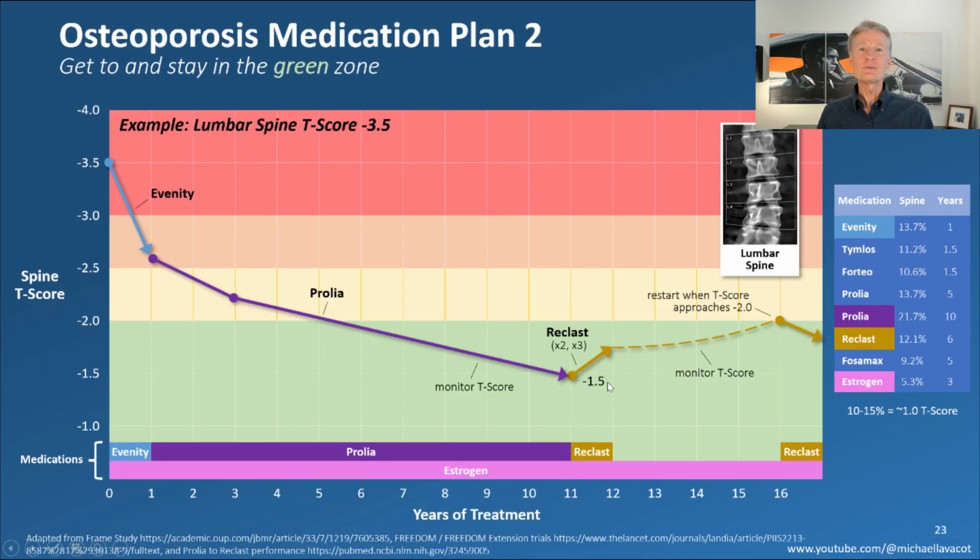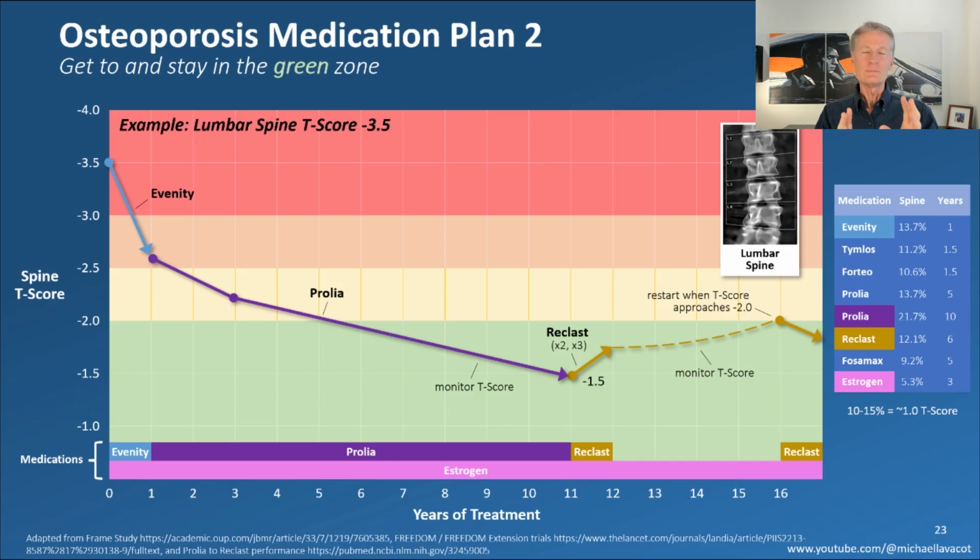you can now transition. Now, if you're 80 years old at this point, maybe just stay on Prolia. But if you're still young, you're just hitting 70, which is where I'll be, maybe it makes sense for me to transition to Reclast. Now, this is where things get special with Prolia. If you plan on taking Prolia or if you're on Prolia, I highly, highly, highly recommend you watch my Prolia training, because it's going to explain some of these ins and outs, when to choose Prolia, and how to get off of Prolia if you have to.